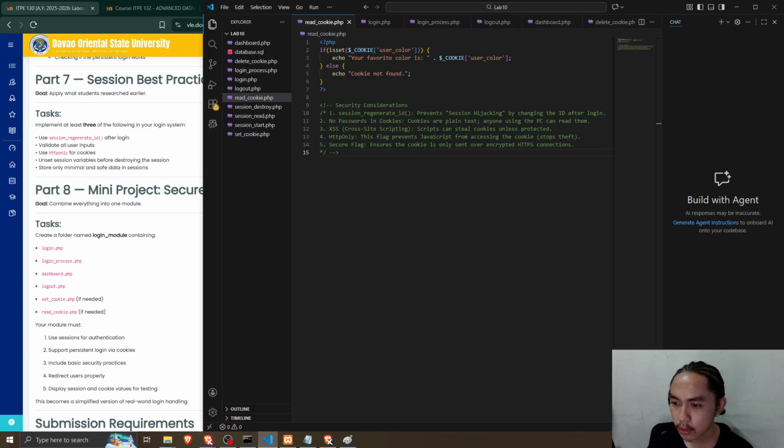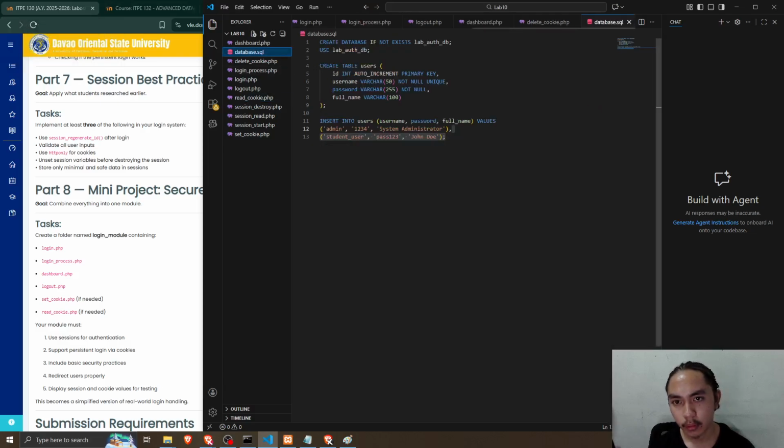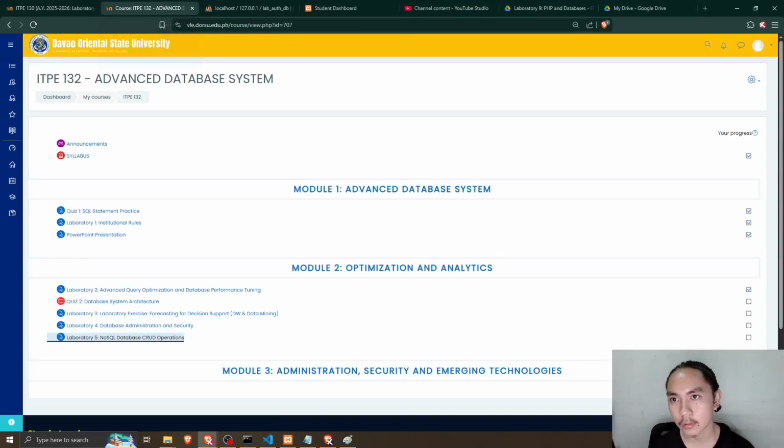Okay, so let's proceed. This project doesn't specifically say to use an SQL database for the login, so I have created a login database SQL for this, so that the login or the session would work seamlessly.